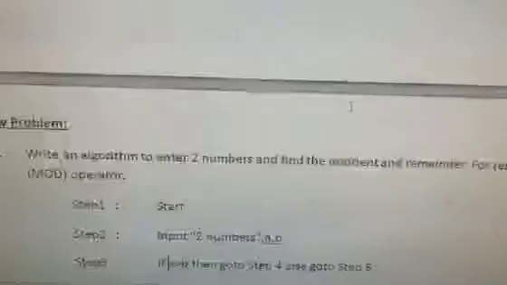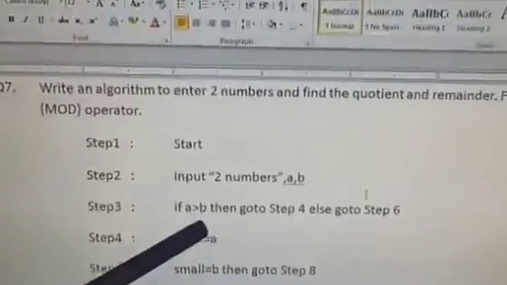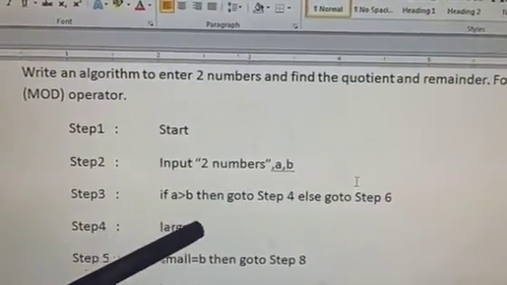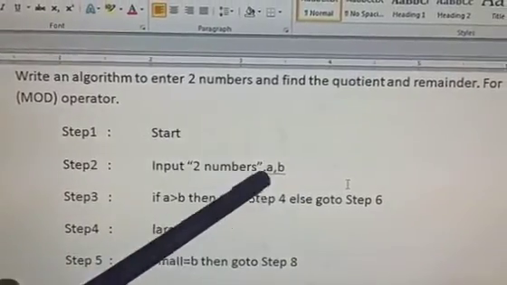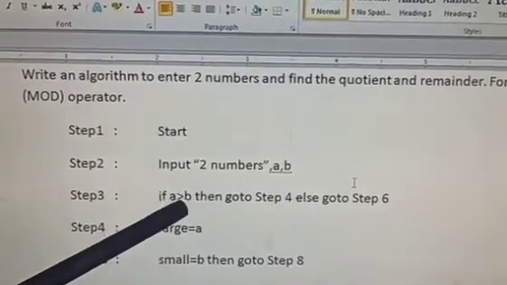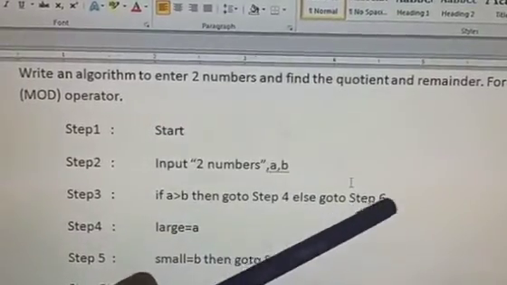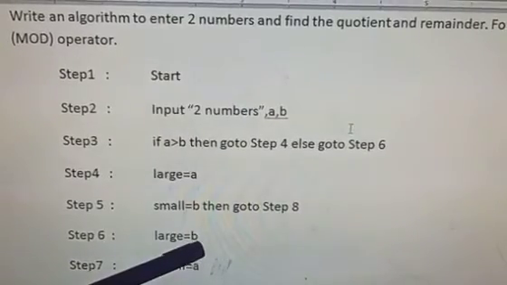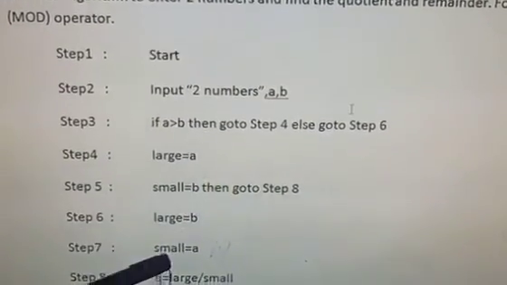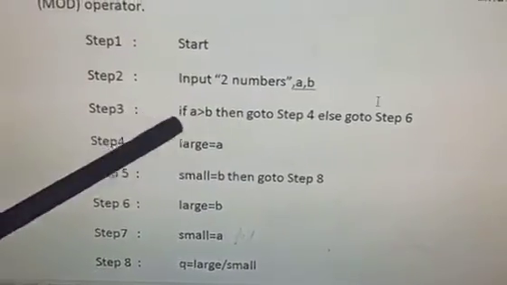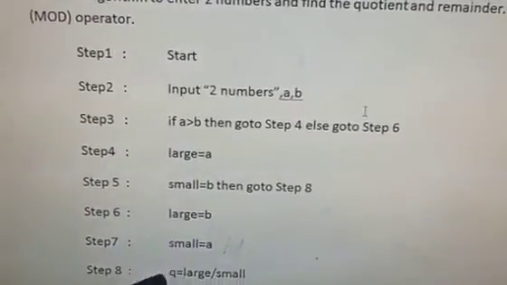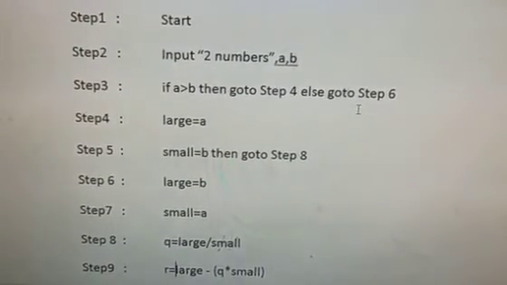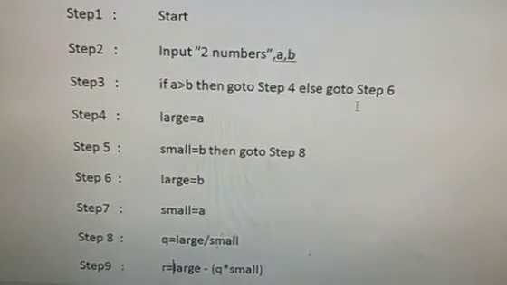So now one more time I am going to explain this. Please come to this part. 10 and 7 we have assumed here in the first dry run. Now just take the opposite value. Suppose you have entered 7 and 10. So this condition becomes false. In this case the else will execute and directly you will move to step 6. In step 6, what you are doing? The 10 you are storing in large and 7 you are storing in small. So ultimately in these 4 lines, in the variables large and small, we are storing the greatest number in large and the smallest in small.